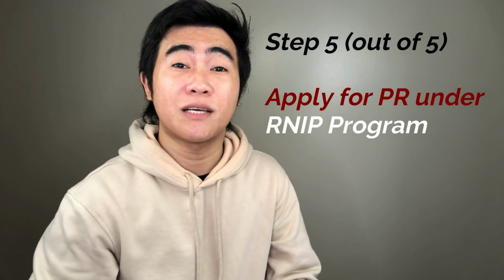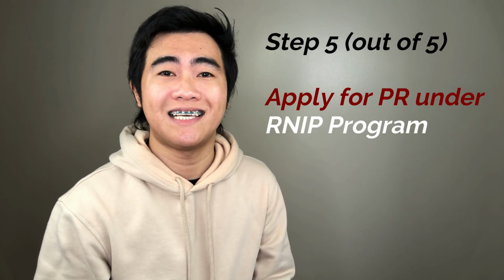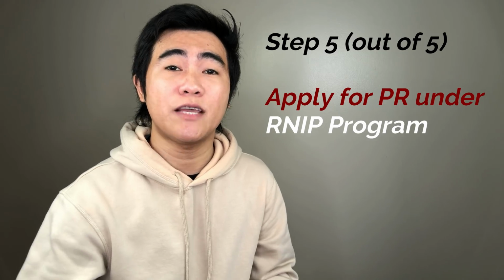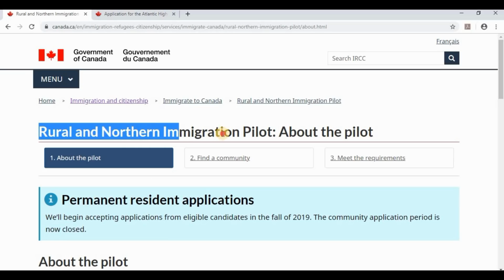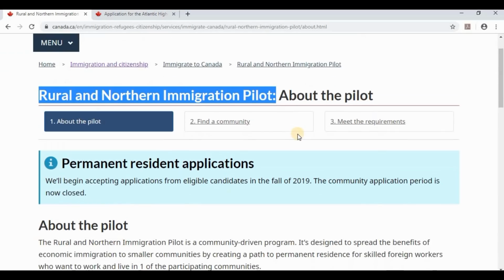Step 5 is to submit your application for permanent residence under the Rural and Northern Immigration Pilot Program. Alright, so once you get your letter of recommendation from the community, the next step is to apply for permanent residence under the Rural and Northern Immigration Pilot Program. Now, this page, guys, will tell you the steps or the instructions that you need to follow in order to apply for permanent residence. So right now, it's currently being constructed. The instructions will be out in the next few days, in the next few weeks,